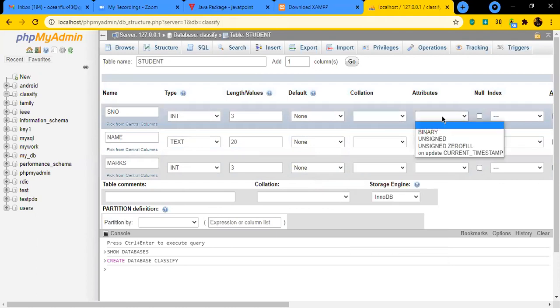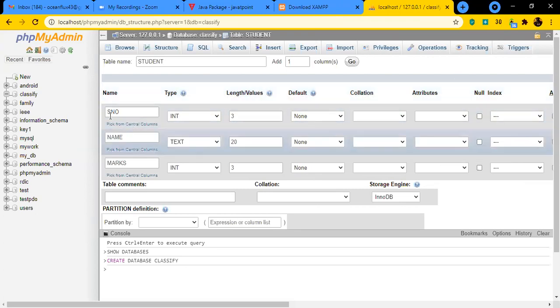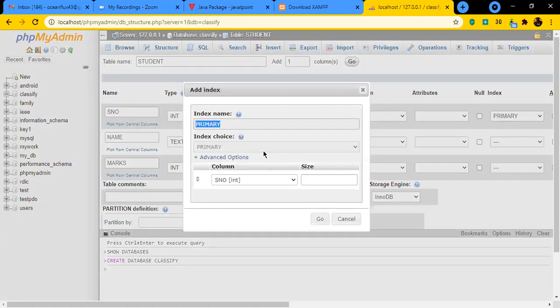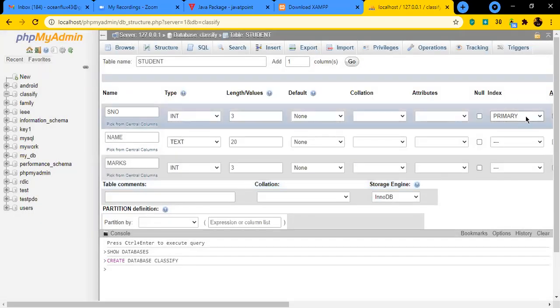And here the attributes, whether it is signed or unsigned. Signed means there will be negative values or positive values, so based on this we are supposed to work on signed and unsigned. You need only these 3 things. And here, sorry, this is a primary key. I'm mentioning it as a primary key, and it should not be a null value. Okay, size, I don't want to mention the size. General thing I will tell you, I just don't want to mention this one.